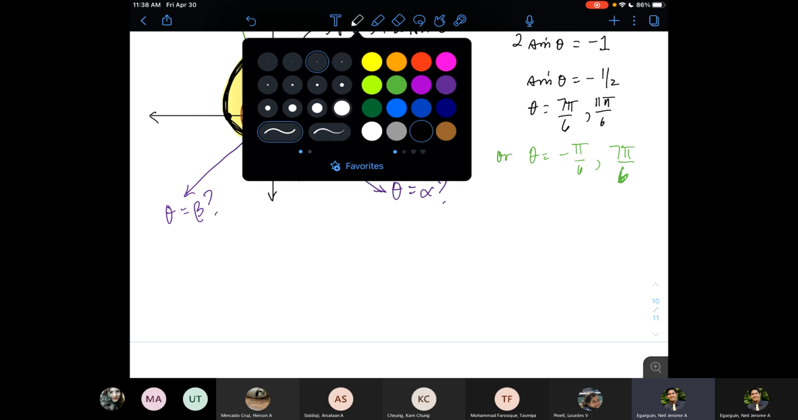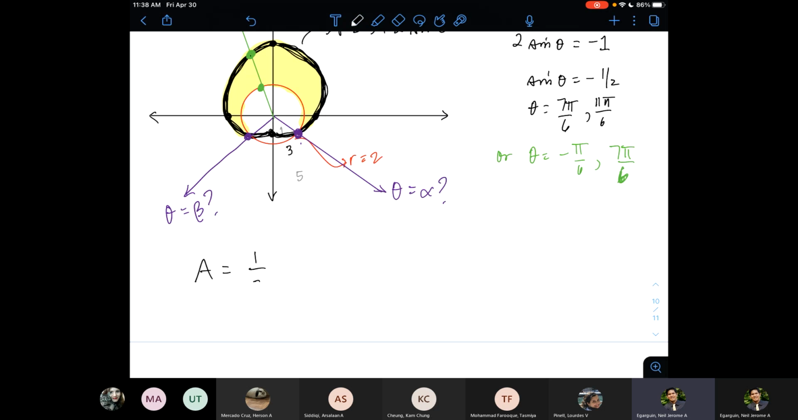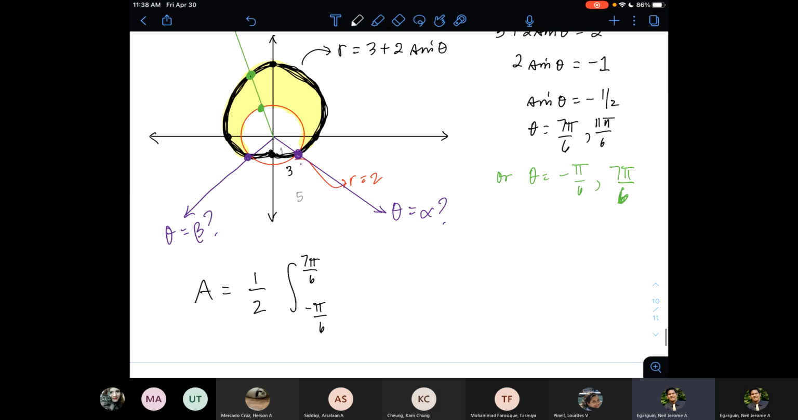So that means my area is 1/2 times the integral from the alpha value, which we know to be negative pi over 6, until 7 pi over 6, right? Then outer radius squared, 3 plus 2 sine theta, quantity squared, minus the inner radius, which is 2, quantity squared, right? Or maybe I could write it as 2 squared